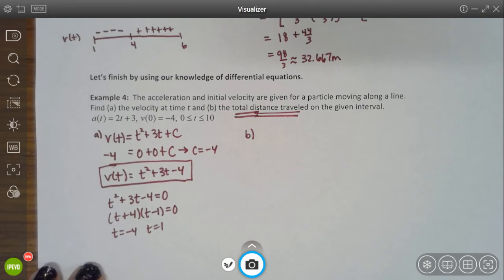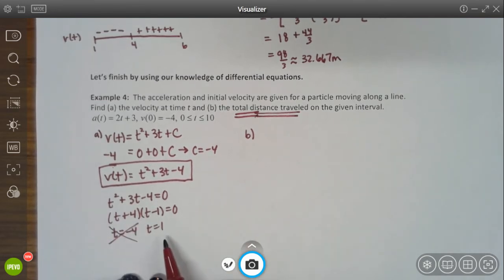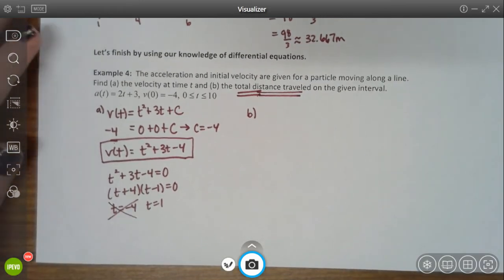Again, I'm going to automatically toss any negative times. They don't make sense. And then only use times that fit in my interval between 0 and 10. 1 does land. Hooray! So that means I'm definitely going to keep that one. And now the last thing I need to do is figure out, well, what direction is my particle moving on